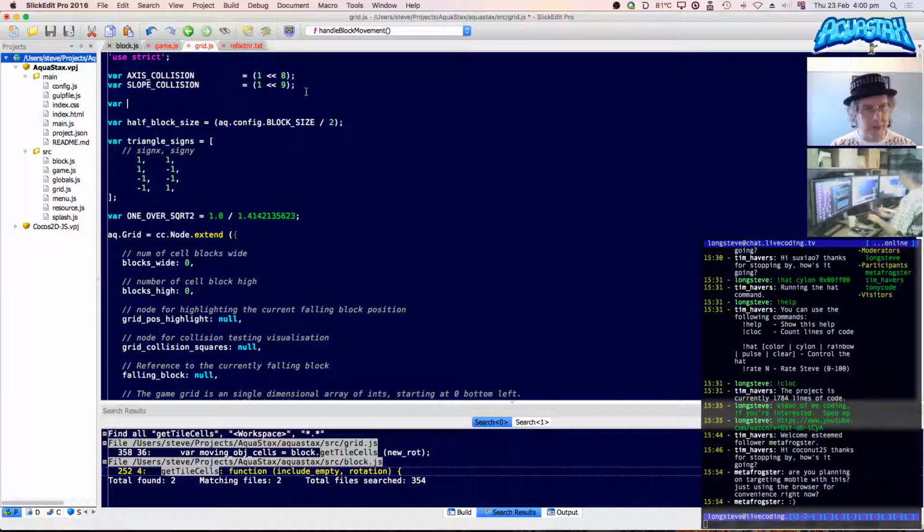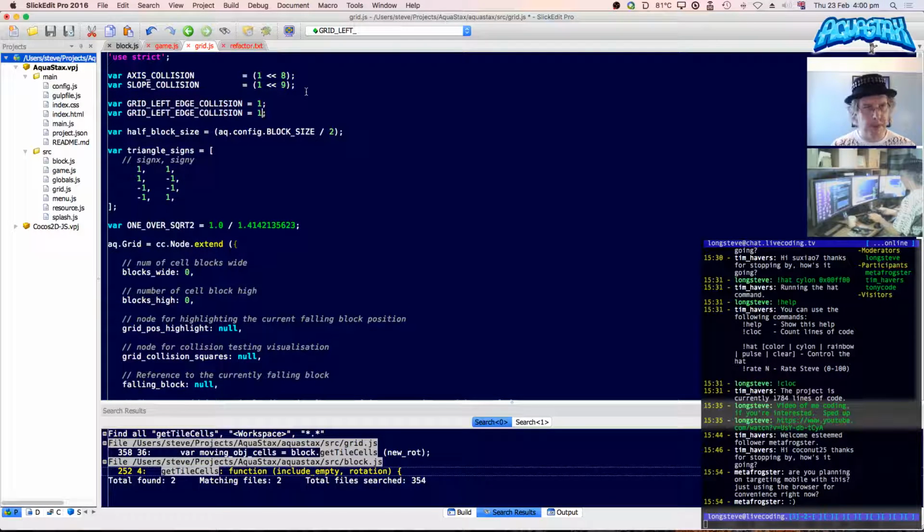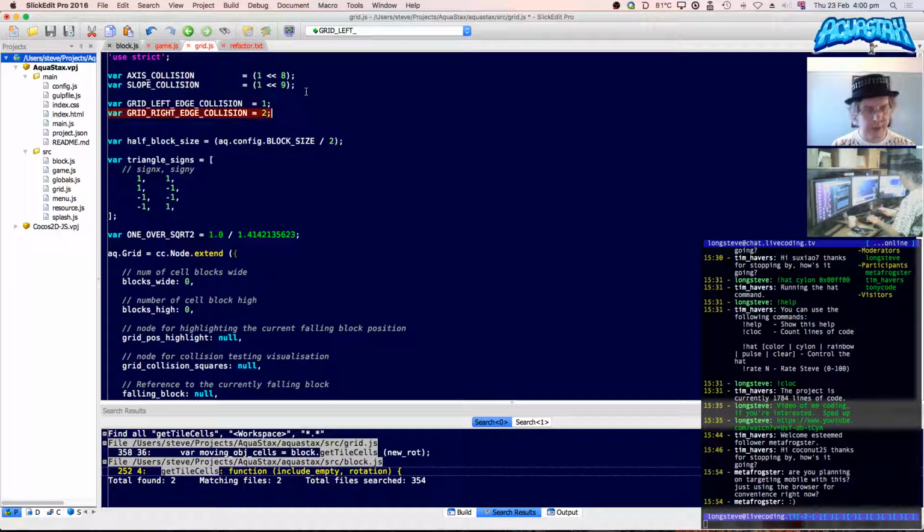go for grid left edge collision, 1, grid right edge collision, grid bottom edge, just grid bottom collision.